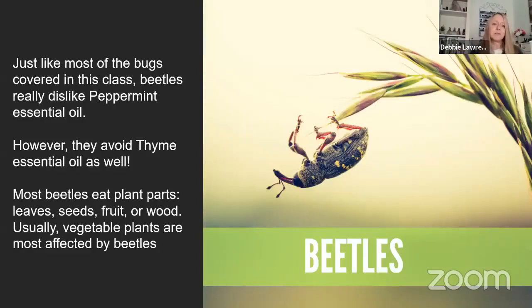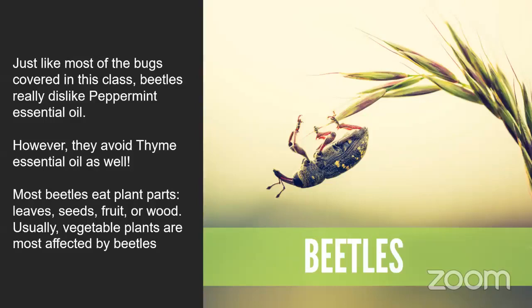Beetles, just like most of the bugs that we've been talking about, beetles really dislike peppermint. However, they also don't like thyme essential oil as well. And we don't want our beetles eating all our plants that we've taken ages to grow. Beetles eat different parts of the plant, the leaves, the seed, the fruit and the wood. Usually vegetable plants are most affected by beetles. So you might want to make up a little spray